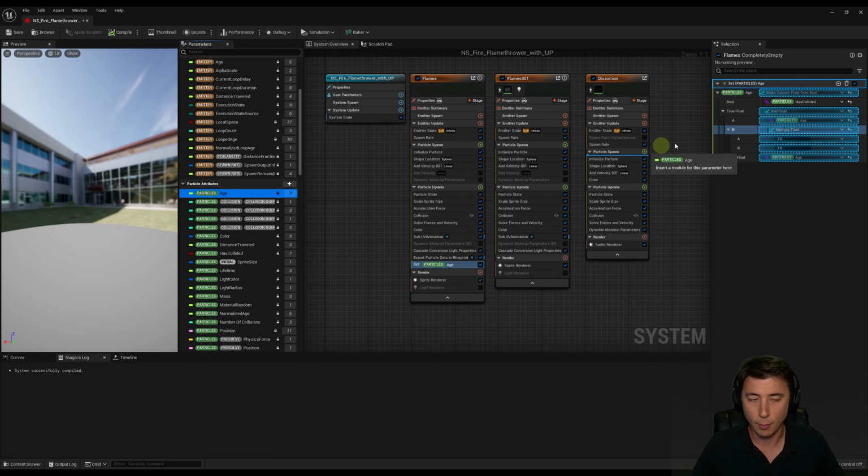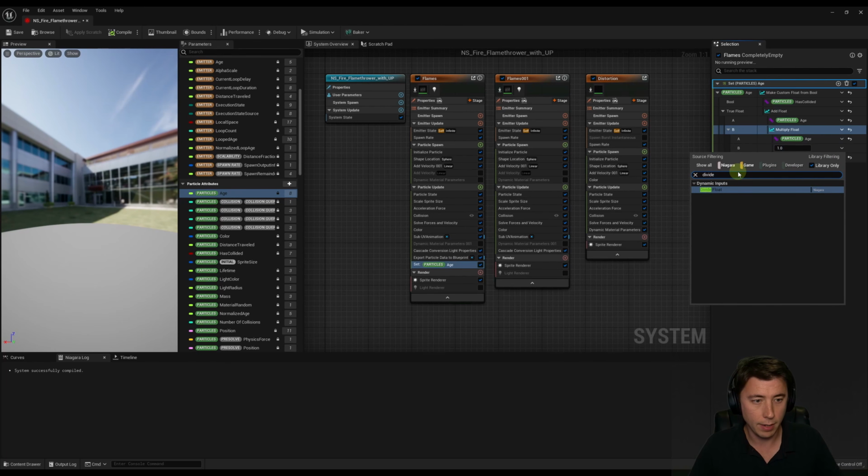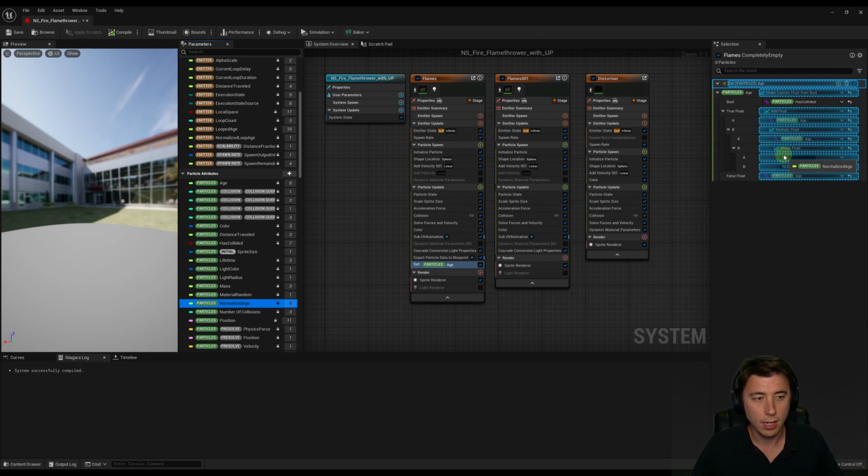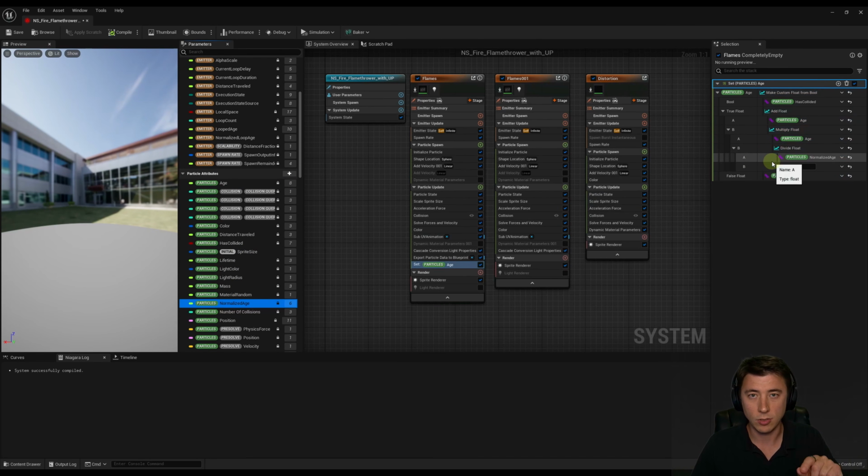And the float's going to be our particle's age. And we need to get a portion of that. So I'm going to divide float. And the portion of it that I want to get is 1/10 of its normalized age. So I can divide by 10 and I can get the normalized age. And the normalized age is between 0 and 1. So if the particle lasts 5 seconds, a 1 normalized age would be the 5 seconds. I know this is weird math, but I tried out a lot of things and it works well in terms